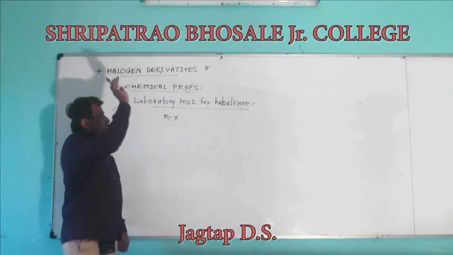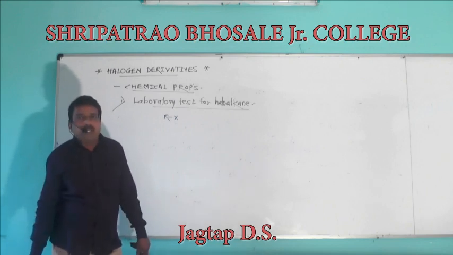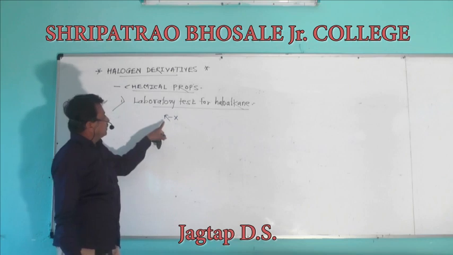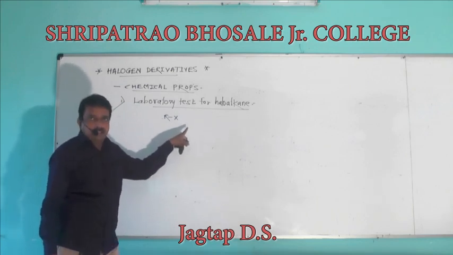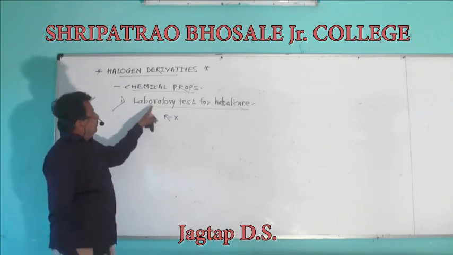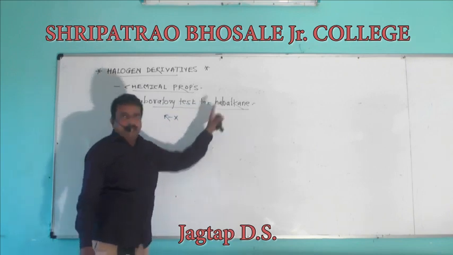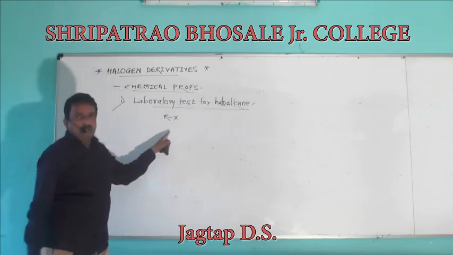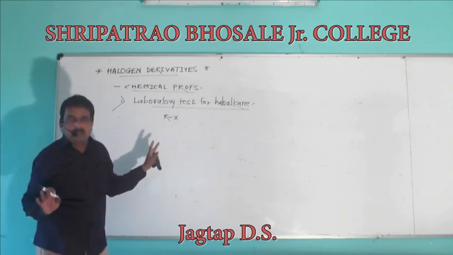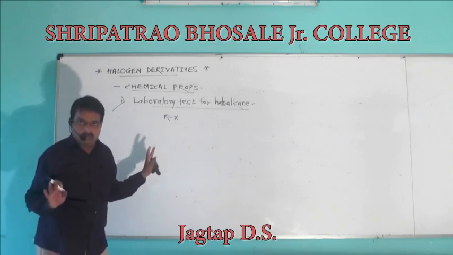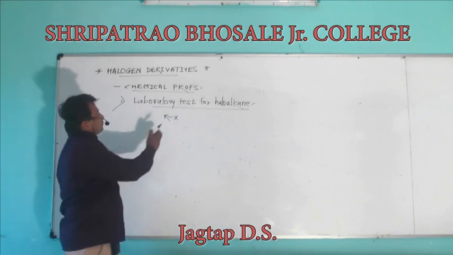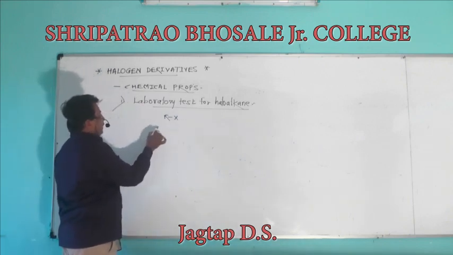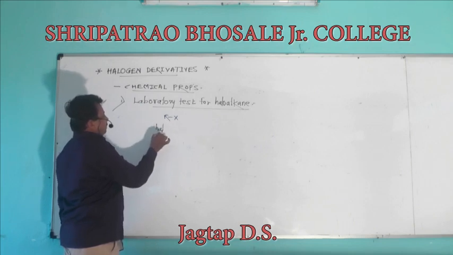The compound is obtained by replacing one hydrogen atom of alkane by only one halogen atom. Alkyl halide is the common name of the monohalogen derivative of alkane. So, in a laboratory test, alkyl halide or haloalkane